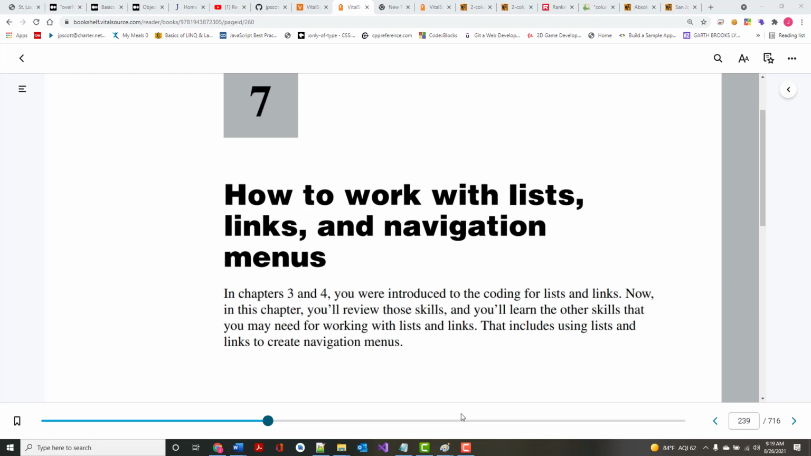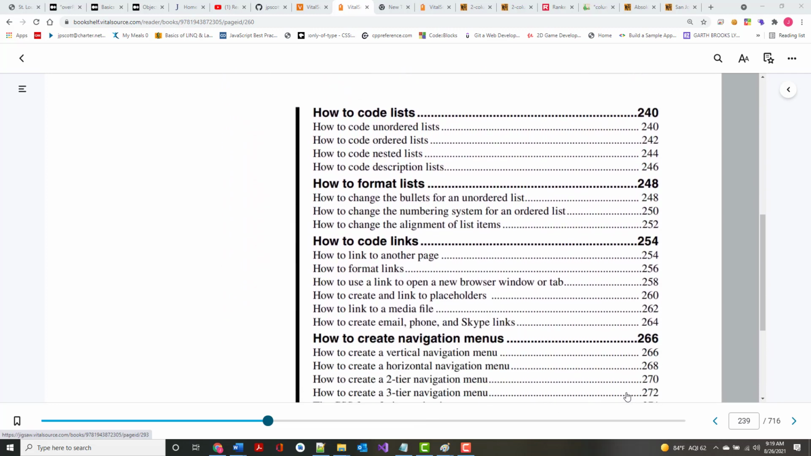All right. So Chapter 7, you can see we're on page 239. As it says, in chapters 3 and 4, we were introduced to lists and links, and now we're going to have a lot more. So again, what's really new in here, there's a couple things. First of all, we talked about ordered lists and unordered lists. There's not really much more to say about those. A nested list is just when you have a list within a list. And you can put an ordered list within an unordered list or vice versa,